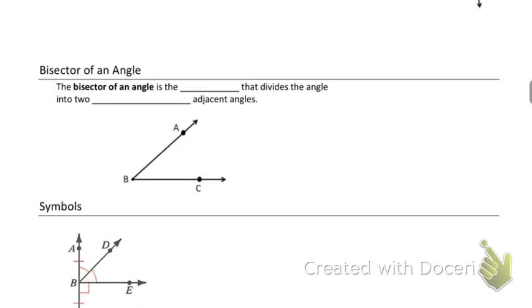Bisector of an angle. Bisector of a line, cut it smack dab in the middle, right? Same thing with an angle bisector. The bisector of an angle is, and remember our sides are rays? Angle bisector is also going to be a ray. It's going to be something that just bloop, shoots right through. So it's going to be the ray that divides the angle into two congruent